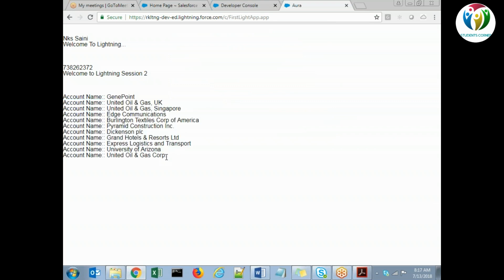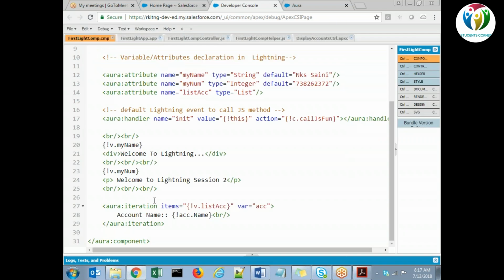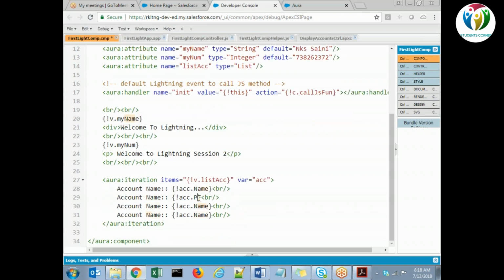Naresh, yes, Sneha. The Apex class controller which we have written for Lightning is specified with Aura enabled, right? Correct. So can we use the same Apex class for Classic as well, if any of the methods are not Aura enabled? See, for Classic, it doesn't matter whether your method is Aura enabled or not. You can call it. For Lightning, that is the mandate, to make it Aura enabled. Okay. Even though it's Aura enabled, can we call that method in Classic as well? Yeah, we can call from VF pages always.